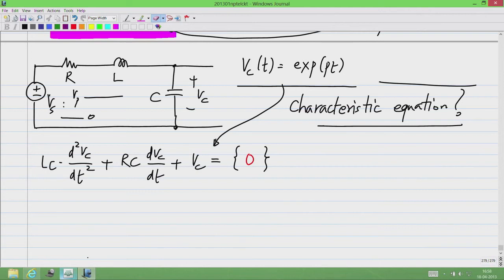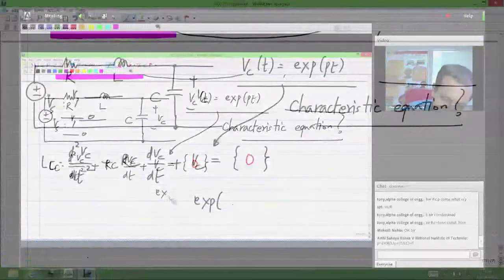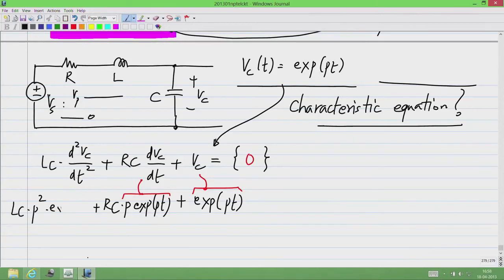So, I have an answer here which is correct. All we have to do is substitute this. What I have would be exponential Pt in place of Vc plus Rc times P exponential Pt, because this will be that one, this will be that one, and if I differentiate it once more, I will get P square. So, I will have LC P square exponential Pt. This corresponds to this one,